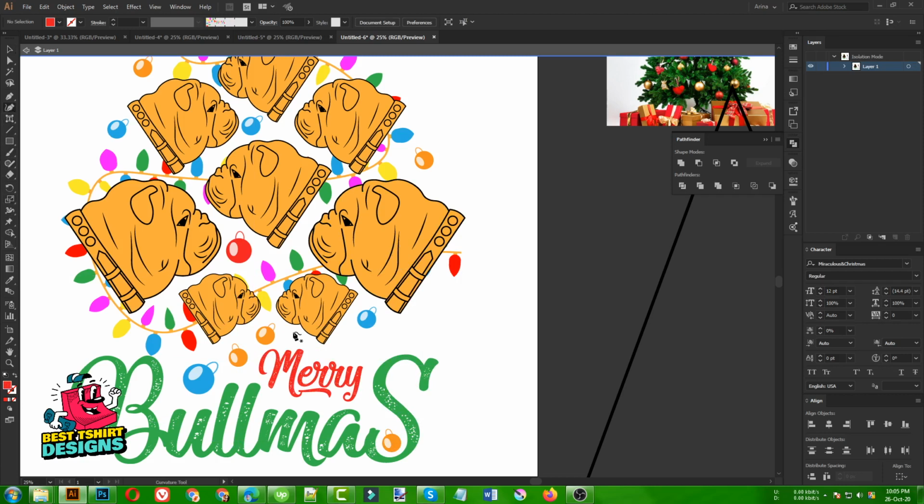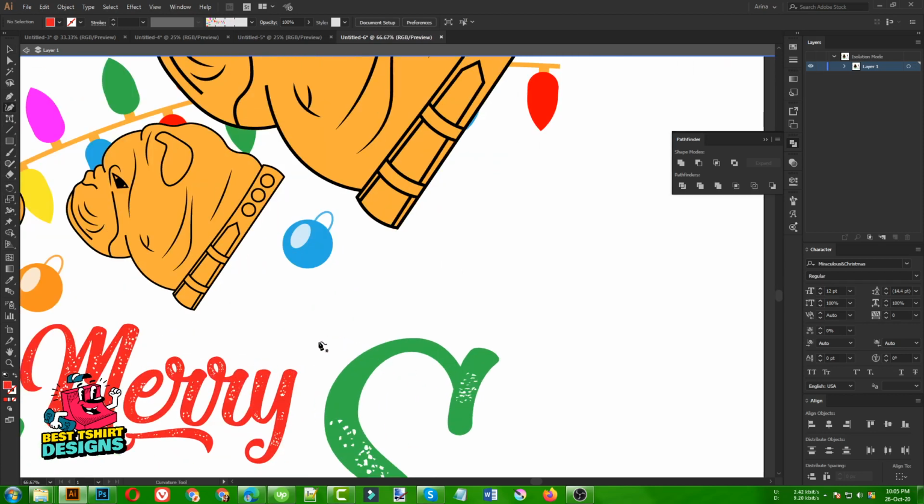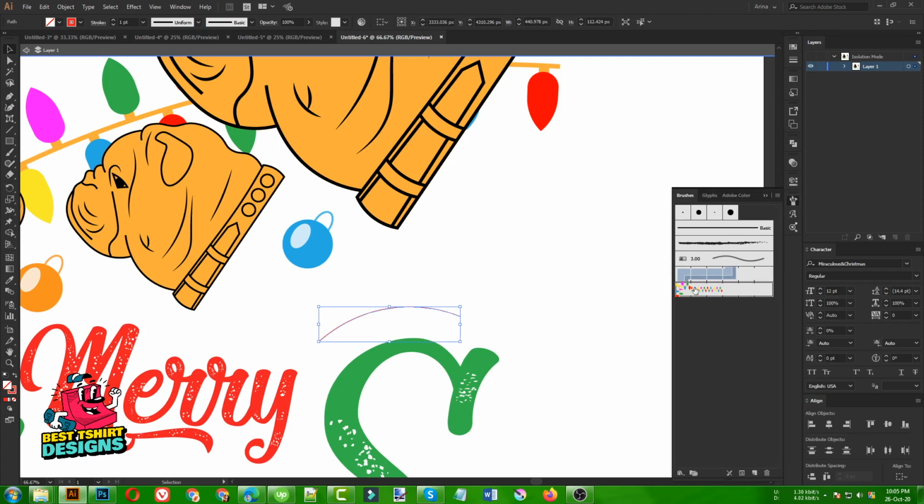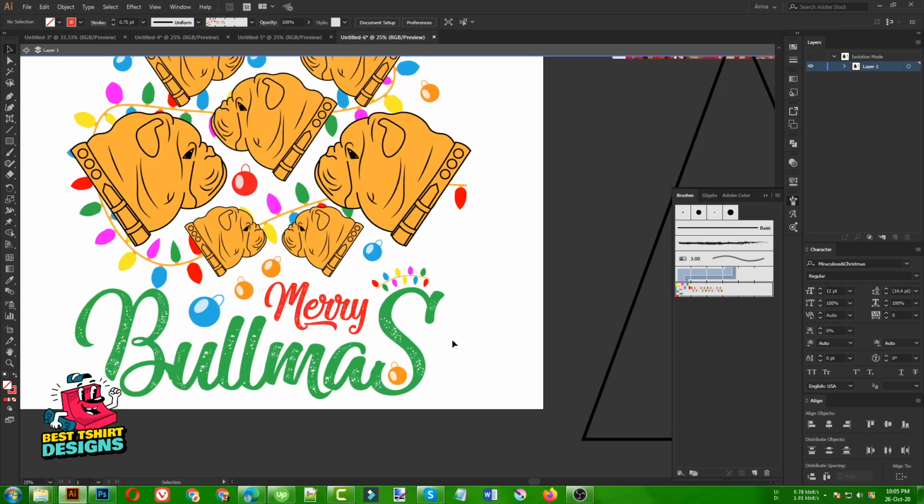Then maybe I can draw a line like this, stroke mode, then select it. If I apply my pattern tool here, it will make that lightning effect here. So that is good for me, guys.